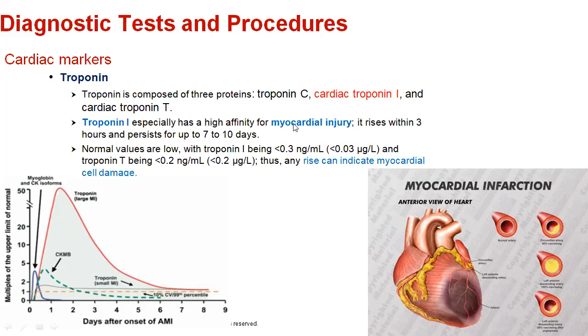There are three cardiac markers or enzymes. They are troponin C, cardiac troponin I, and cardiac troponin T. Troponin is the most specific for the heart. Other cardiac enzymes are called